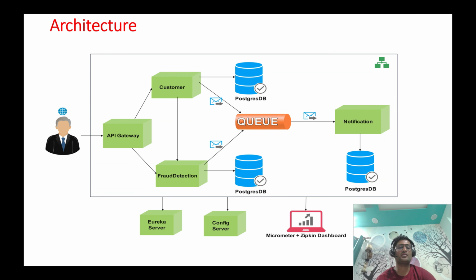We'll be externalizing all the configurations for our microservices in config server. All the configurations which are required for a microservice will be externalized in this config server, and we'll be using Micrometer and the Zipkin dashboard. Micrometer is used for distributed logging and tracing purpose. It will be assigning a trace ID to each request coming from the end user, and it will be spanned across